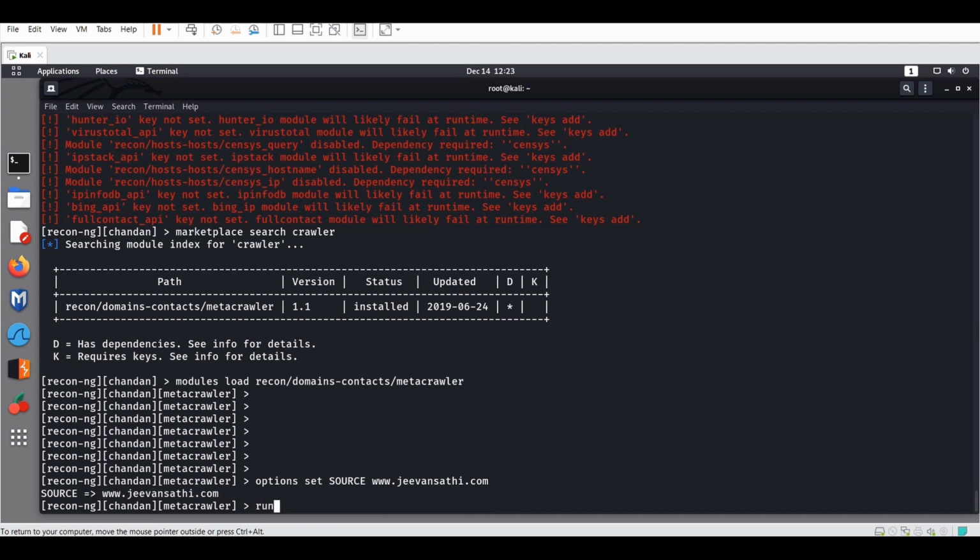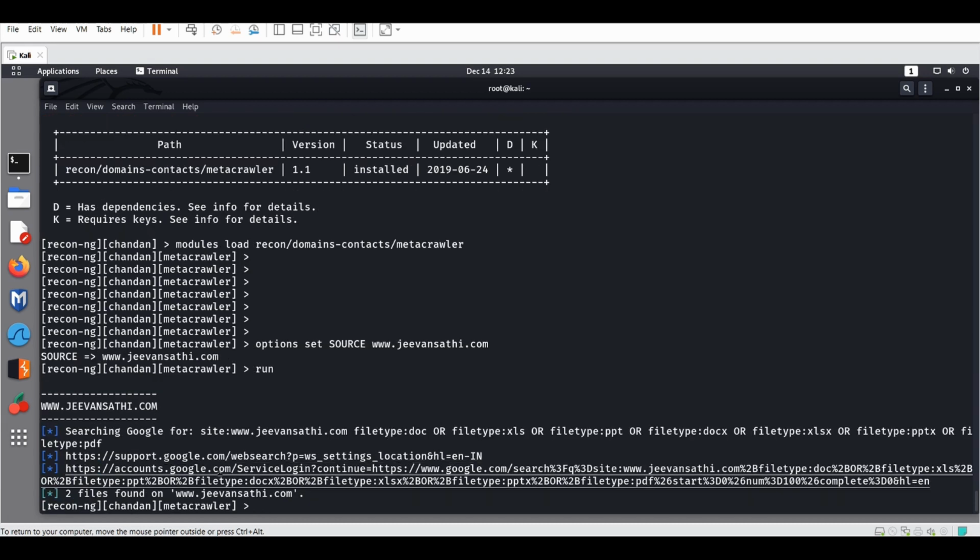Now if I run this, you can see whatever PDF files and things related to jivansathi.com, whatever insider things, we can get all the PDF files related to it from here.